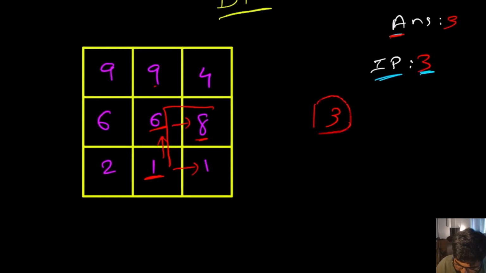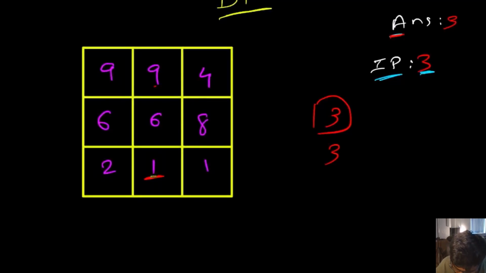But we still have one more option, that from 6 we can still go to this 9. So even if we go from 6 to 9, we don't have anywhere else to go. So once again the answer is going to be 3 as well. Now after taking care of both of these paths, let's explore more options, and that option is that from